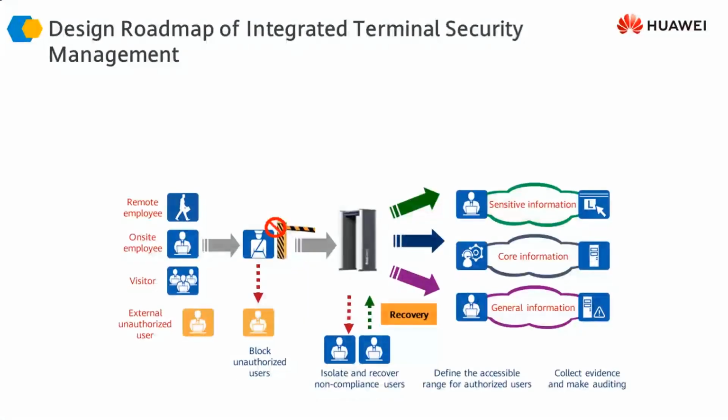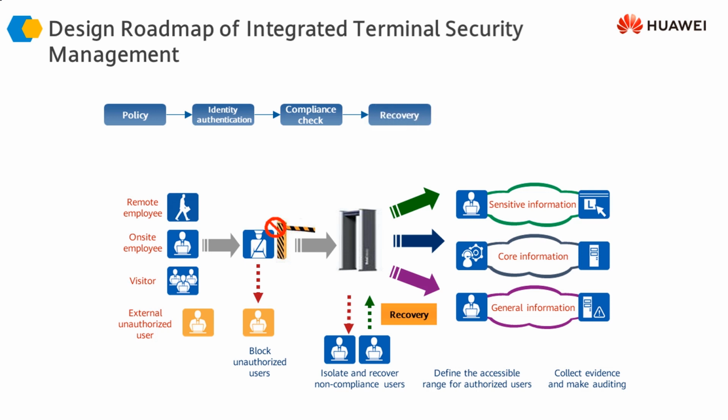The hierarchical nature means that whenever somebody accesses our network, we have a network policy which dictates the network access of users and of terminals. We authenticate their identity, then we check the devices and the users against compliance. If they do not comply with the security posture that we have defined or with the policy that we want to implement, we are going to recover those devices. By recovery we mean that their antivirus or their operating system patches are going to be updated. Then they are going to be provided authorized access to the infrastructure.